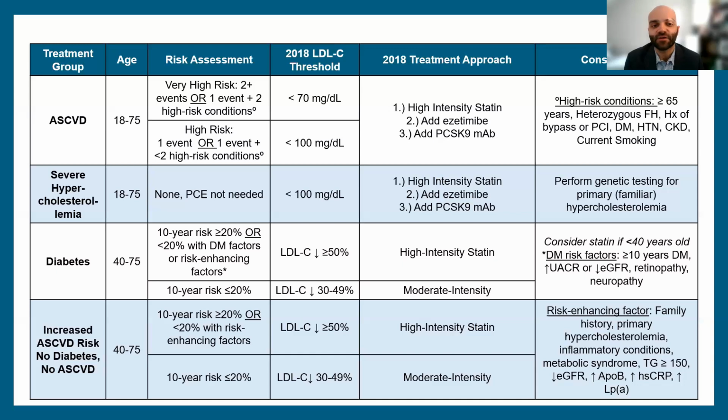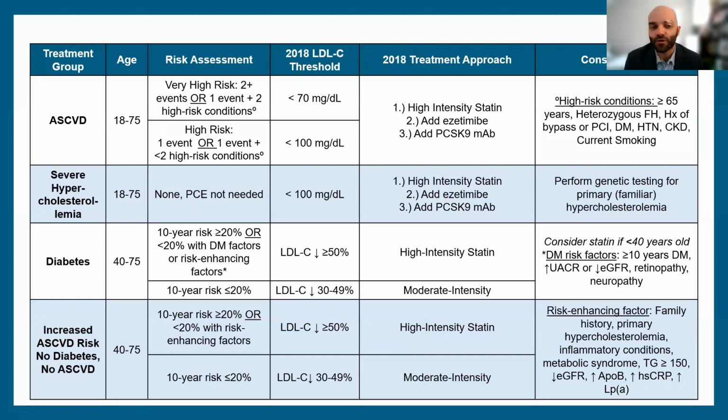Again, thinking of our folks with diabetes, we already chatted a little bit about that. If they're greater than 20, definitely be quite aggressive, use a high intensity statin. But if they also have what we call diabetes specific risk factors, these are really folks that say, hey, this is progressive diabetes, right? Meaning if you've had it for greater than 10 years, if you have an elevated urine albumin creatinine ratio or decreased eGFR, so chronic kidney disease, or retinopathy and neuropathy, we probably say, hey, if your diabetes is more progressive or uncontrolled, you're likely going to have higher cardiovascular risk. Therefore, we should treat you more aggressively with things like a high intensity statin.